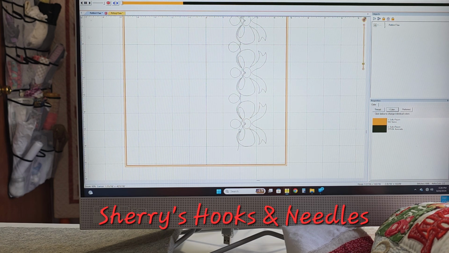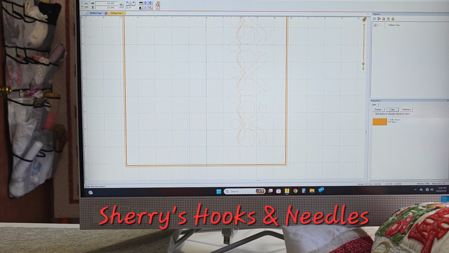I'm going to get this piece out of here. I'm going to show you exactly how I do it. I'm going to go back and get it all one color. Now you see, it's all one color, and if I go to the object pane, I see I have the whole design in all one color. So now I'm going to go back to the Stitch Simulator,